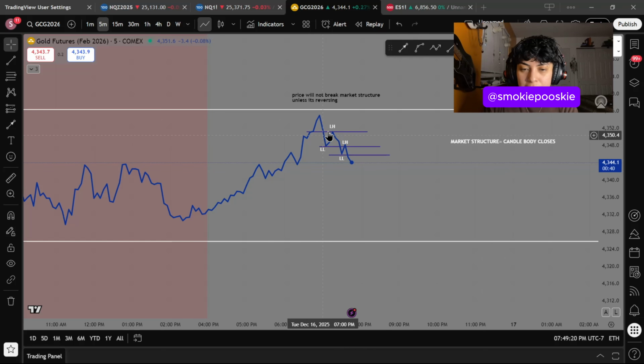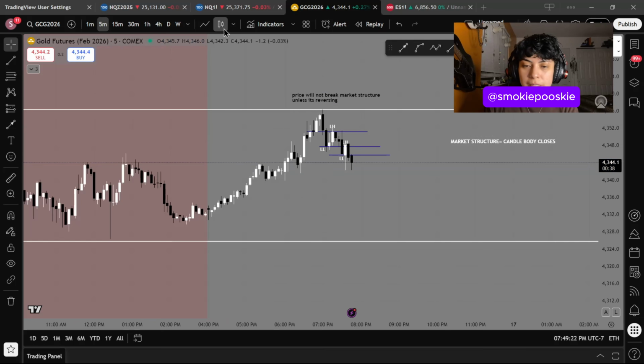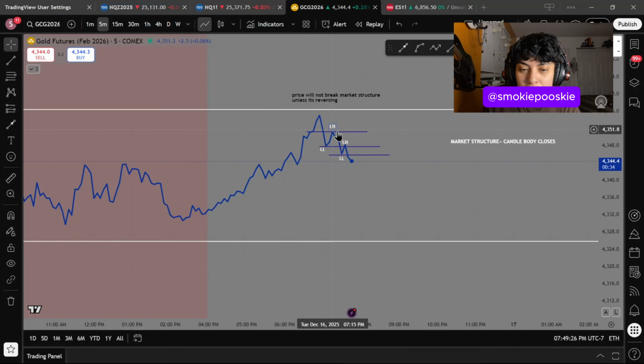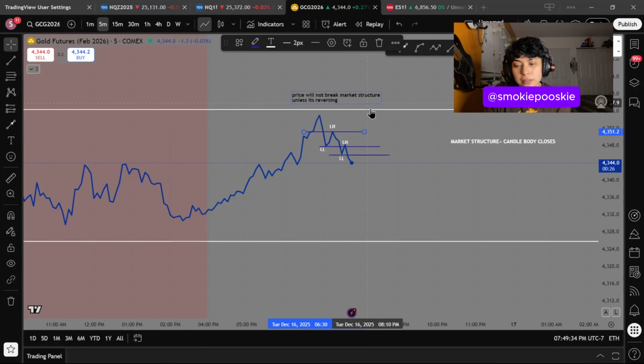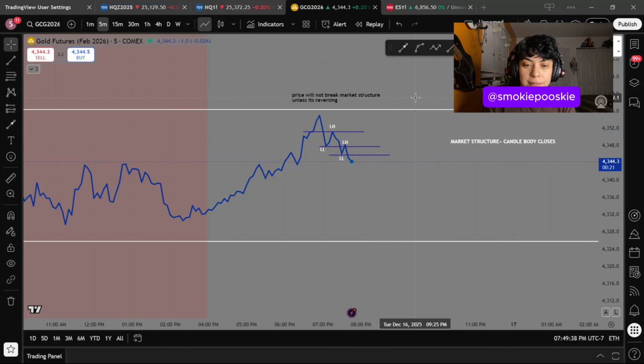We could have marked this one out, but we can see that clearly there's another level right here. It wasn't significant enough there, so even if you wanted to mark it right there, you could. But you can kind of see it right there, so let's mark it out, because why not? Let's be precise. But yeah, right here, price made that break, that indication,